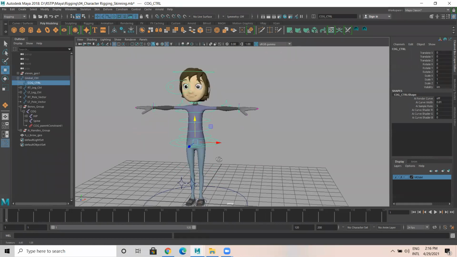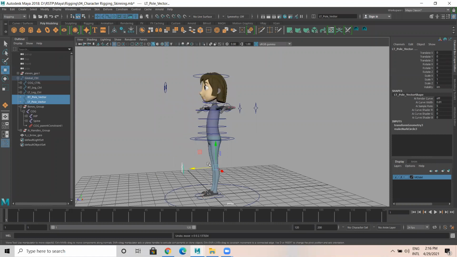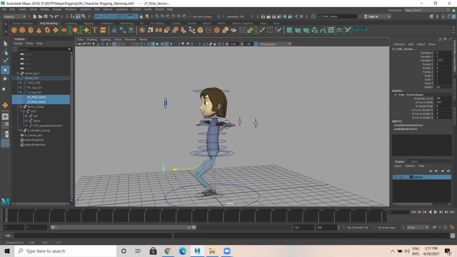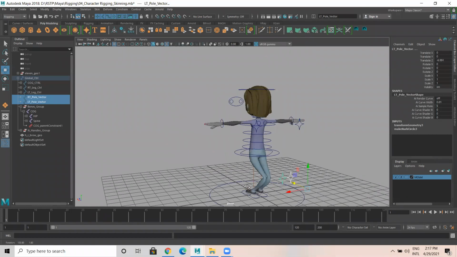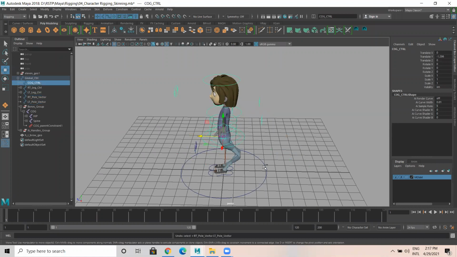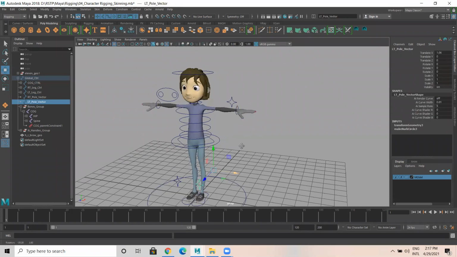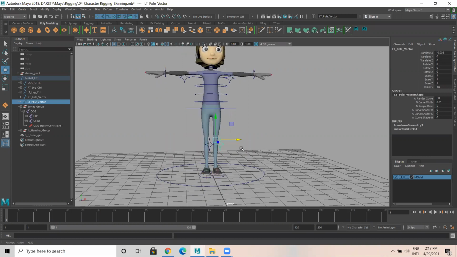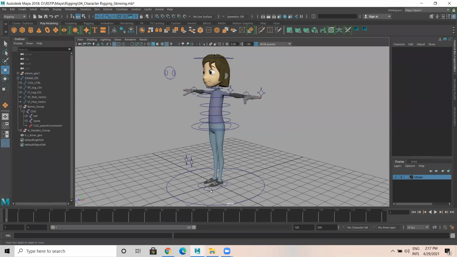Okay, the leg part seems a bit off. Let me take this leg part.